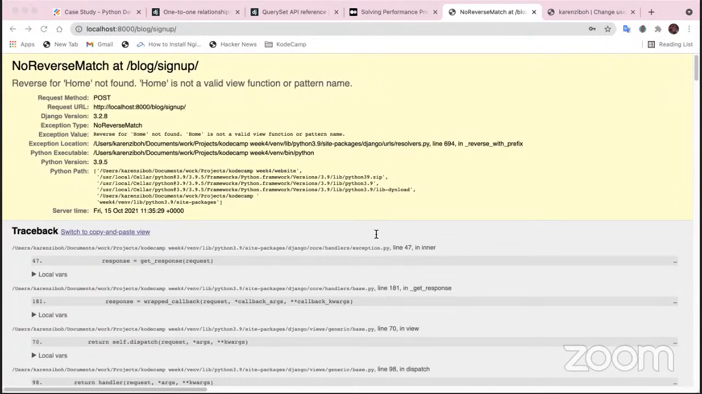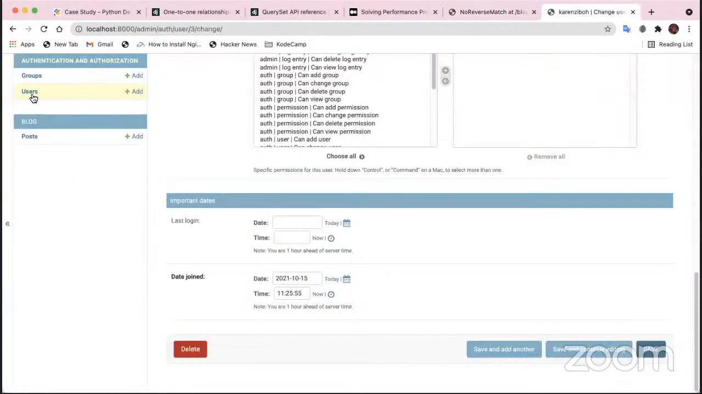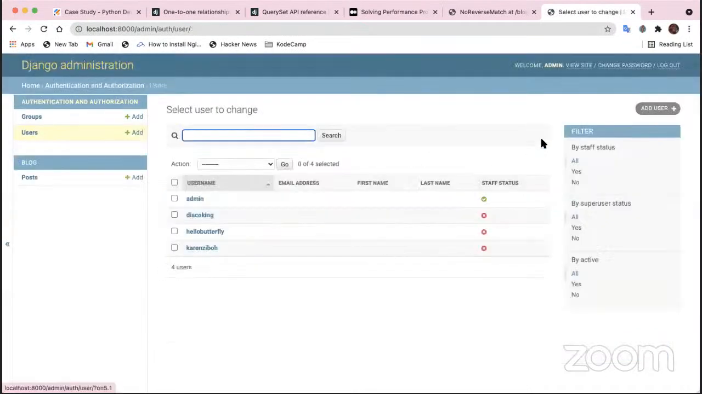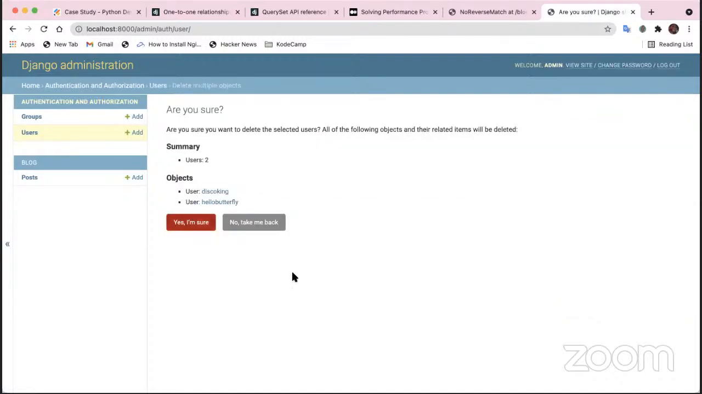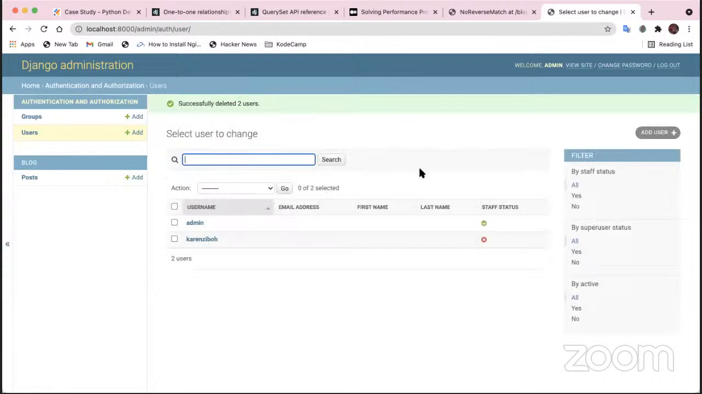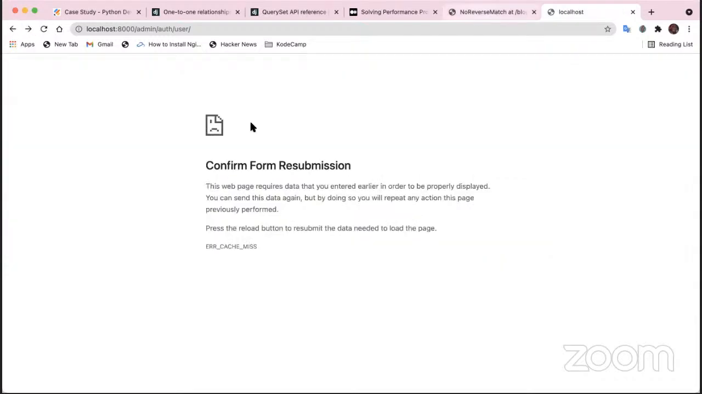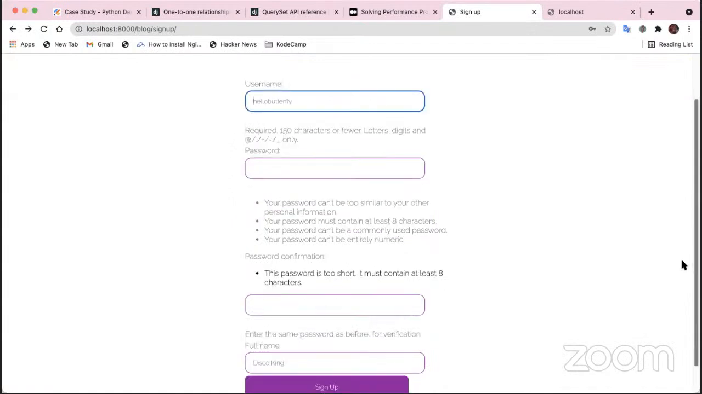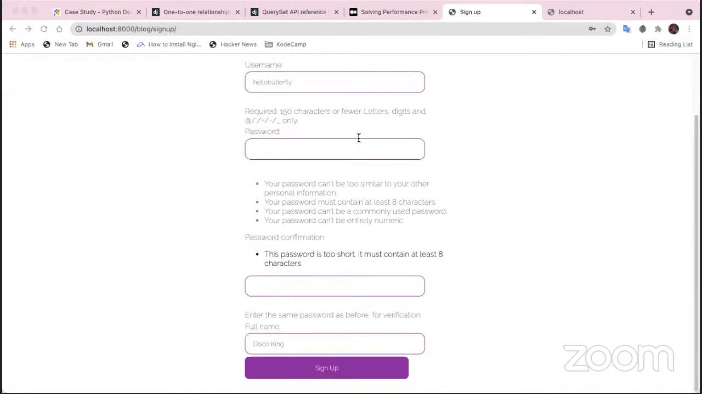Okay. So I think at least now it saves our user. So that's like one error one. Okay. So let me just delete these ones. Okay, so let's fix this, our reverse URL. So what we can do is